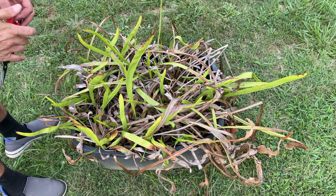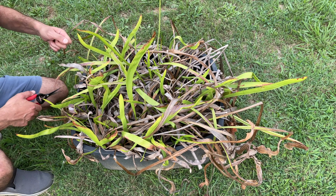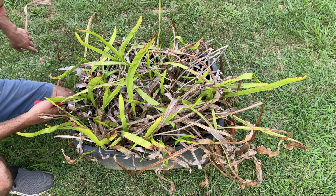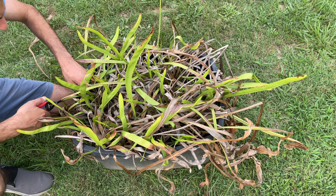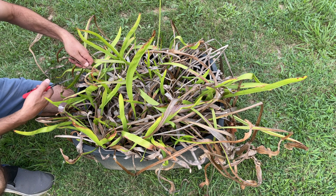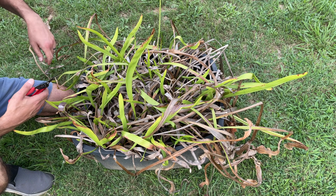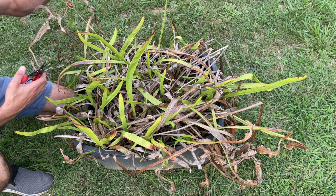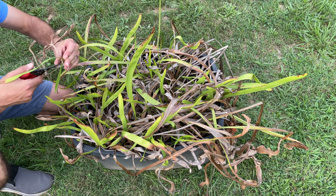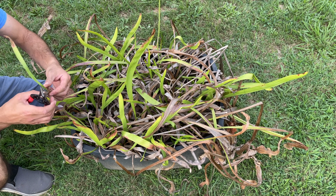I have some pruners, and I'm going to basically be pruning these. If I can pull them out, I do, but if I have to prune, I'll prune. And I do that because I don't want to really tear a leaf off. So if I can gradually prune, and also the tips of the leaves, and this way, oops, you don't break the rhizome. But this one here, I'll just trim this, trim that, trim these, and I'll put this in my